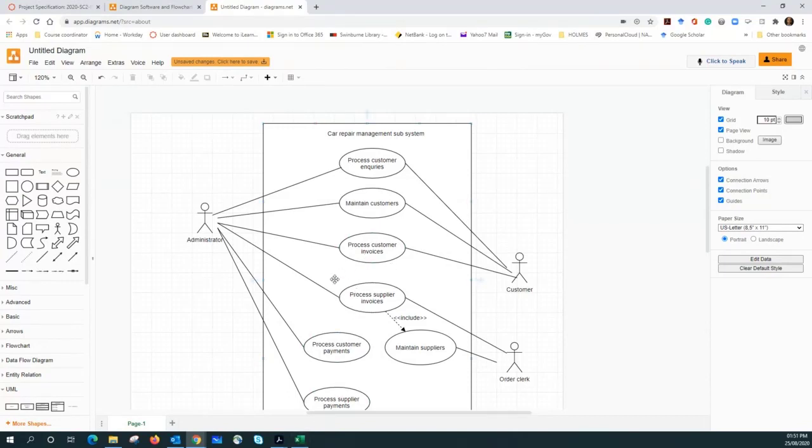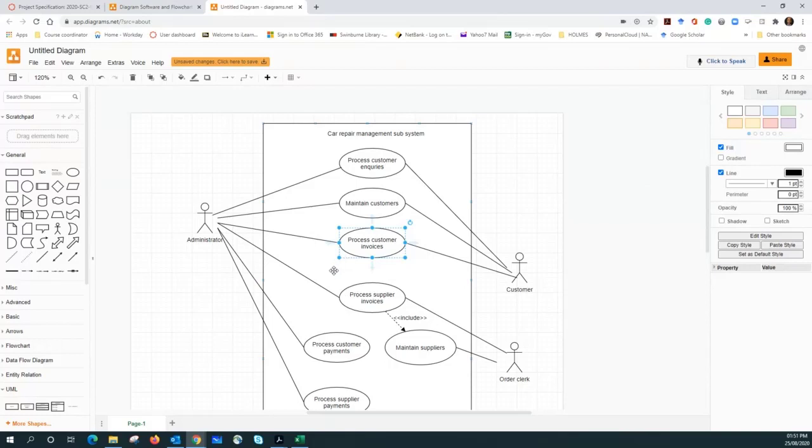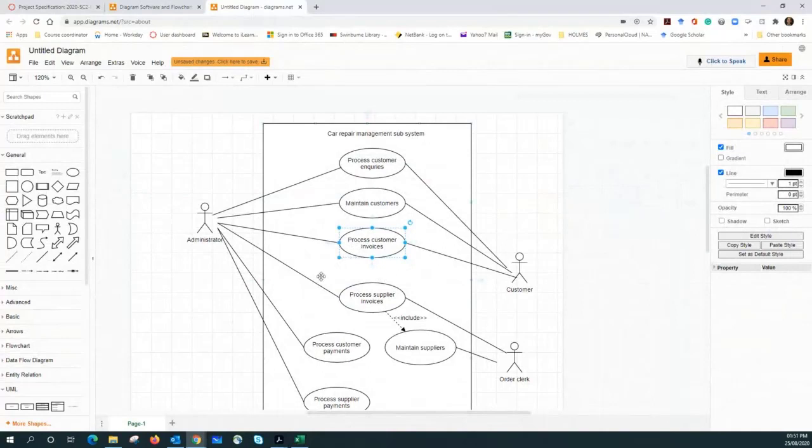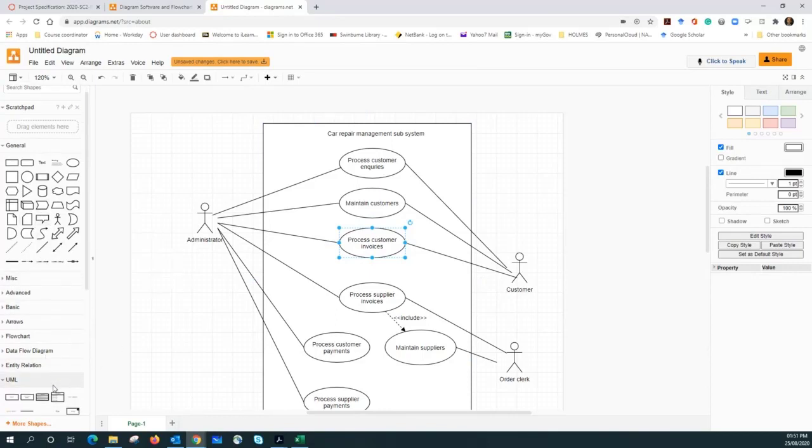So probably what we can do is provide that extend capability to this particular use case by giving some access to the diagnose problem use case, right? I think that is appropriate, right? If the customer needs, they can actually access that as well, have a look at the system and see what kind of problem their vehicle is facing, right? Maybe that might be a good extend relationship. So let me put that